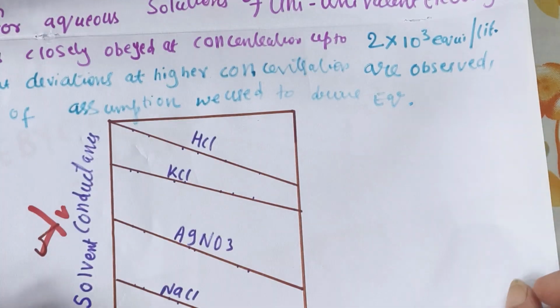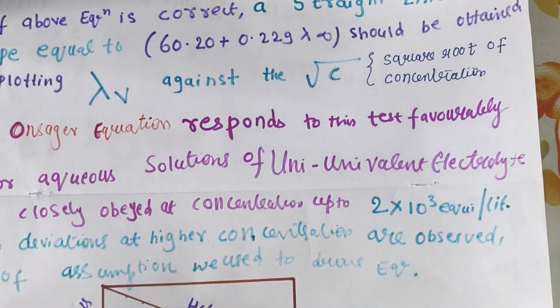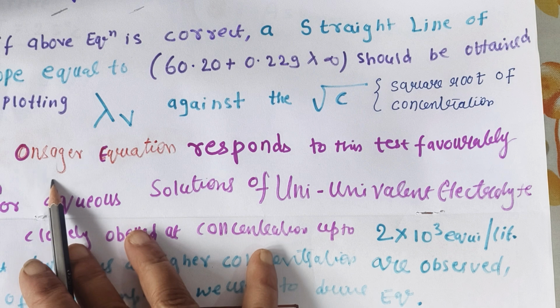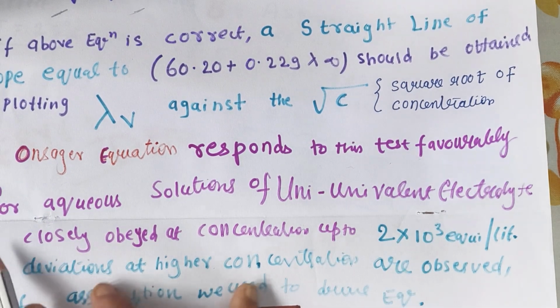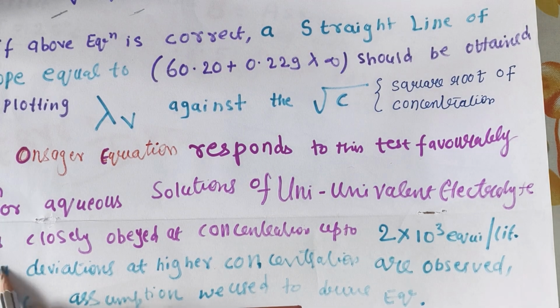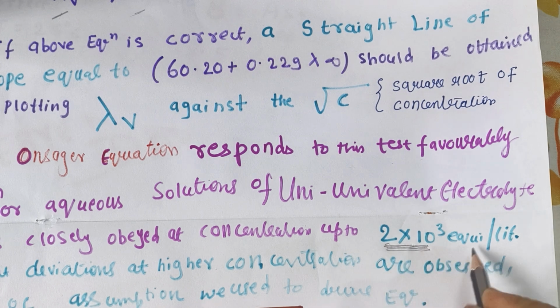But for higher concentration there is a slight deviation. If a slight deviation is observed, then finally the Onsager equation responds to this test favorably, in aqueous solution of univalent electrolyte, and